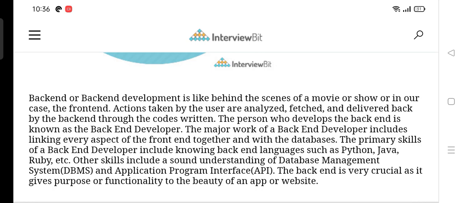Other skills include a sound understanding of database management systems (DBMS) and application programming interfaces (API). The back end is very crucial as it gives purpose of functionality to the beauty of an app or